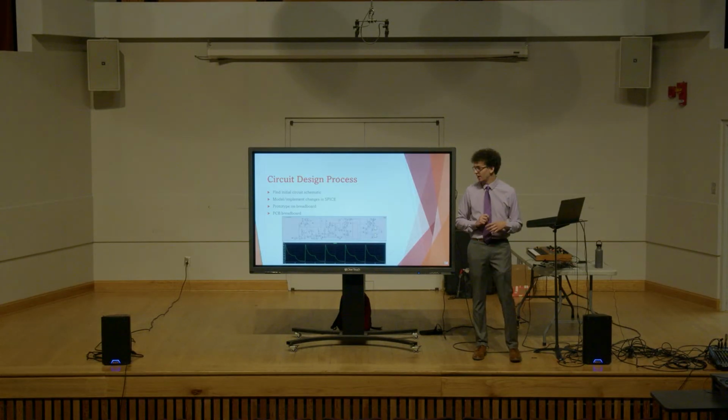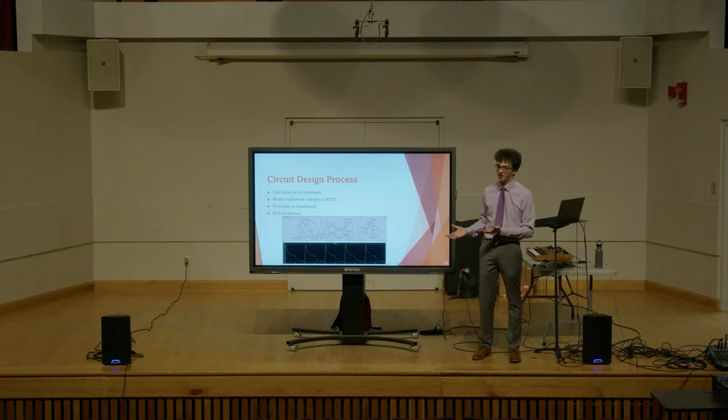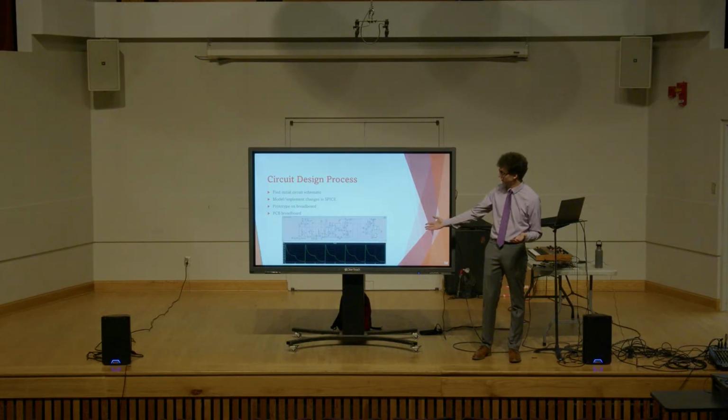So my circuit design process is to find an initial circuit online for an application that I like, understand how it works, and then implement changes that I want to see done, or take out things that I don't find necessary, so that I've tailored it to my needs. And then I model it in a SPICE software, which is shown here. At the top is the sort of schematic that you can model in SPICE, and then at the bottom is